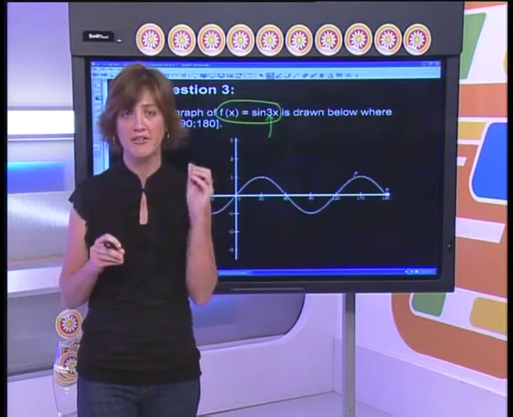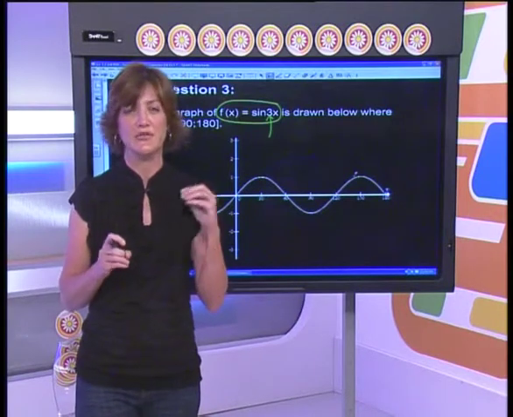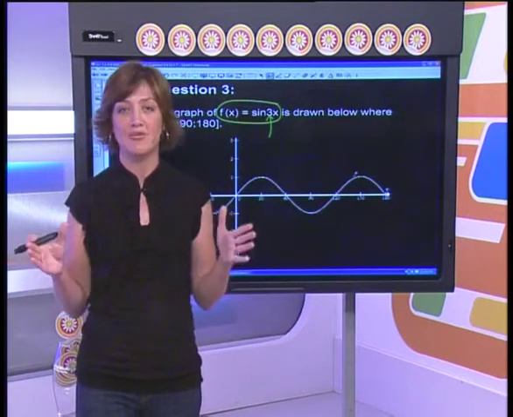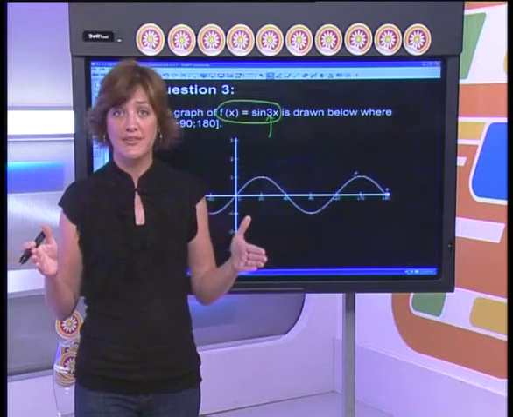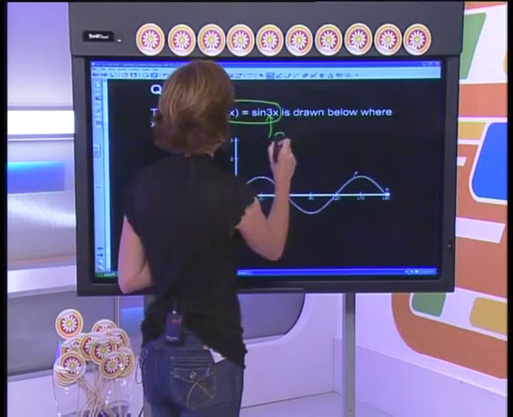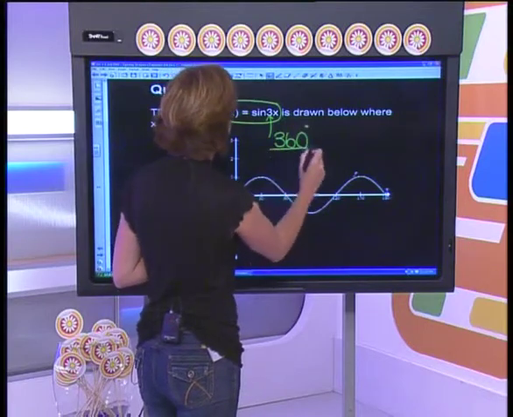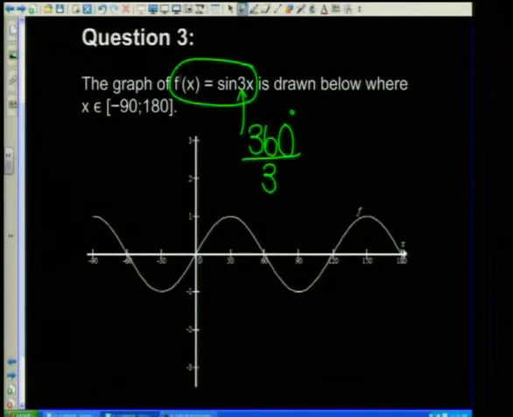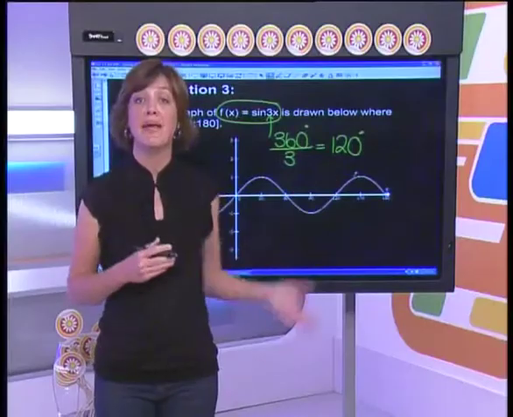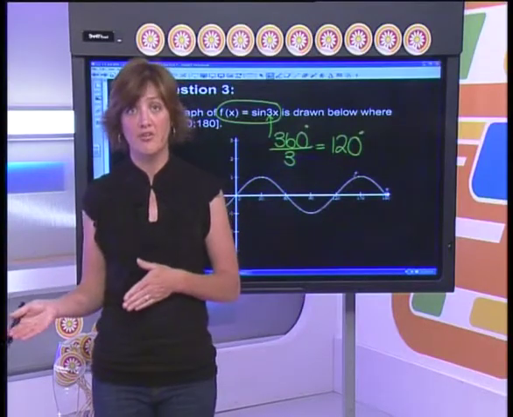If you had to think about a sine graph squashed into 3 degrees, that would be extremely small. So that's not what we're talking about. How many degrees does it take? So our normal period is 360 degrees of a sine graph. And what we do is we divide that 360 by the 3 repetitions that we would have, resulting in 120 degrees. That is then the period of your graph, okay?